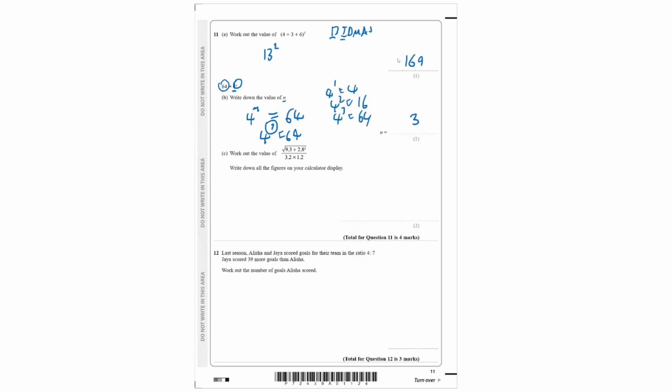1.455820007. So we can write this here. We have to write all the figures on the calculator display, which is given to us as